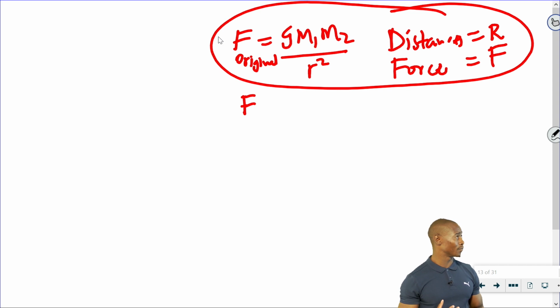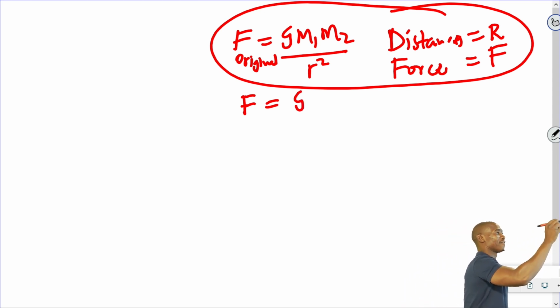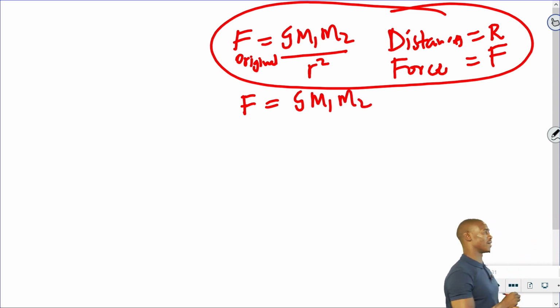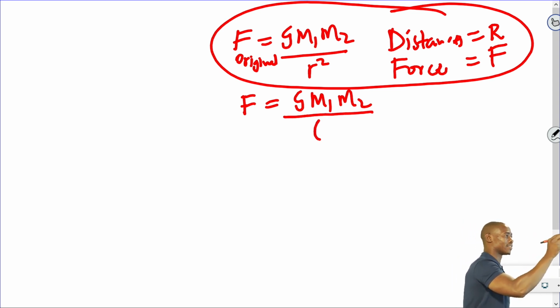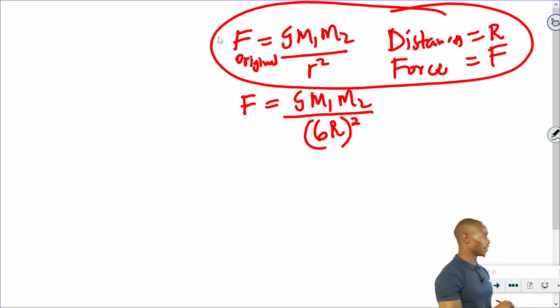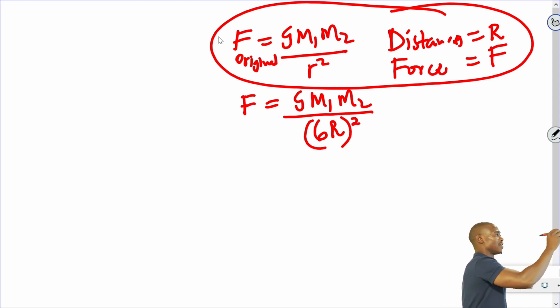Now let's find F where the distance is increased by a factor of 6. It's F equals G m1 m2. So the masses are still the same. And then what is r now? It's 6r, but remember, all squared. So I'm having the new F, which is your X,